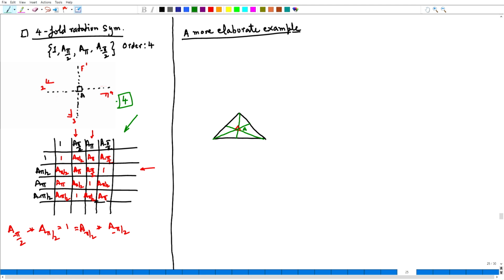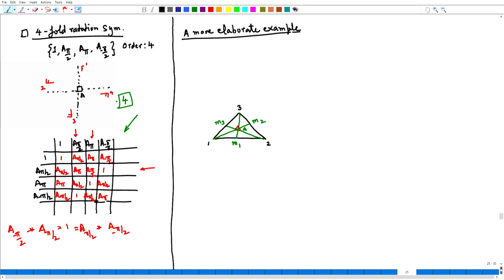So, let us also label these. So, this is, let us say, mirror M1, mirror M2 and mirror M3. So, therefore, subsequently there are going to be 3 symmetry operations, sigma 1, sigma 2 and sigma 3. And just for reference, so that we understand this symmetry through diagrams right now, this vertex I have labeled as 1, this second vertex of the triangle I have labeled as 2 and the third one I have labeled as 3.